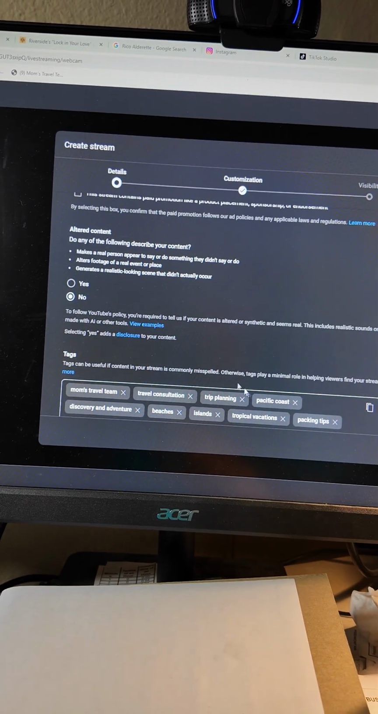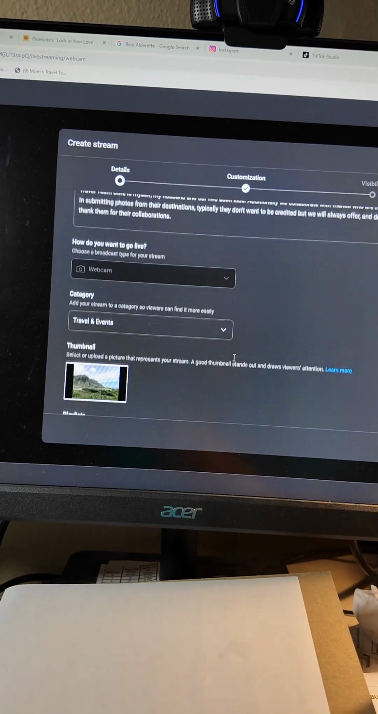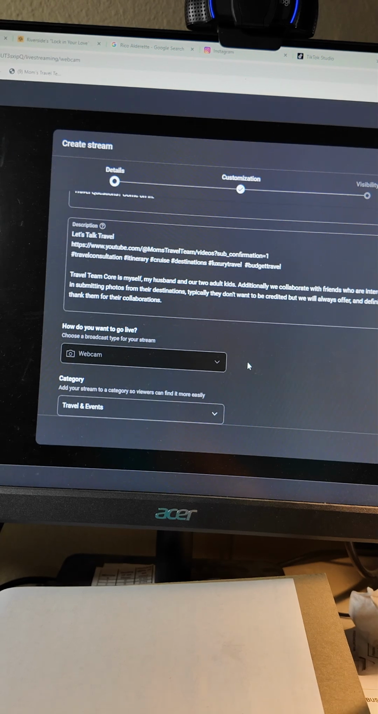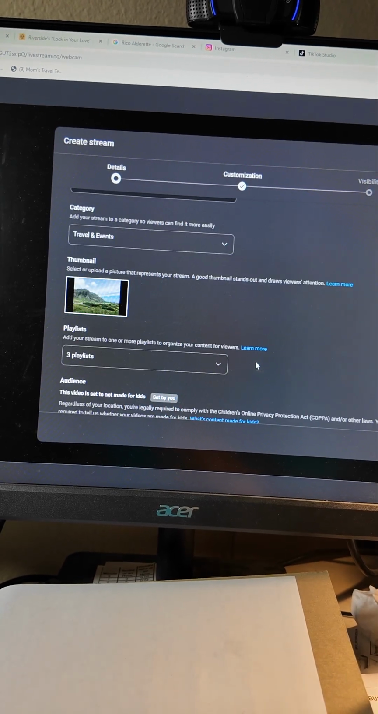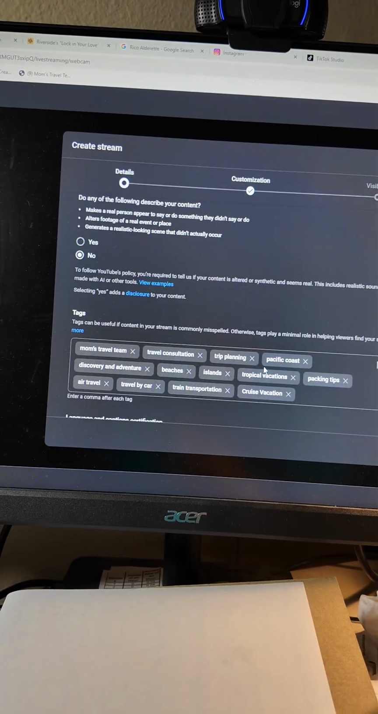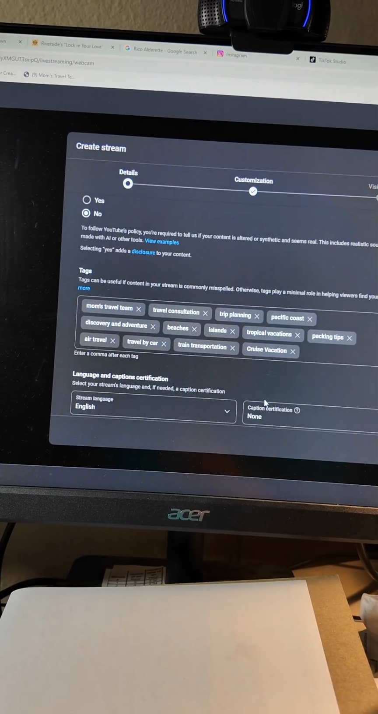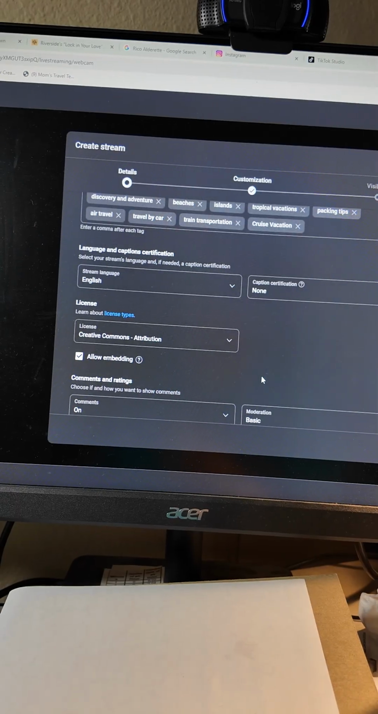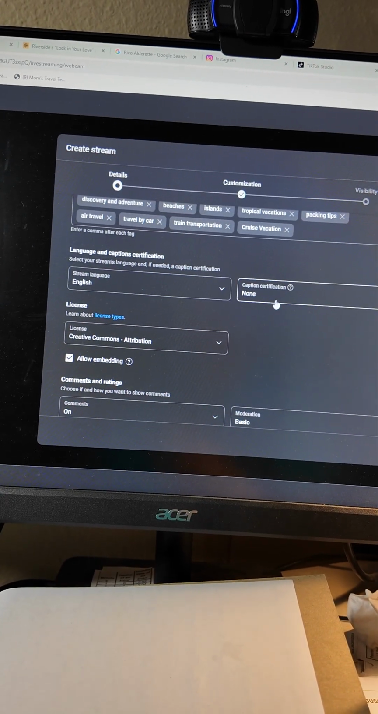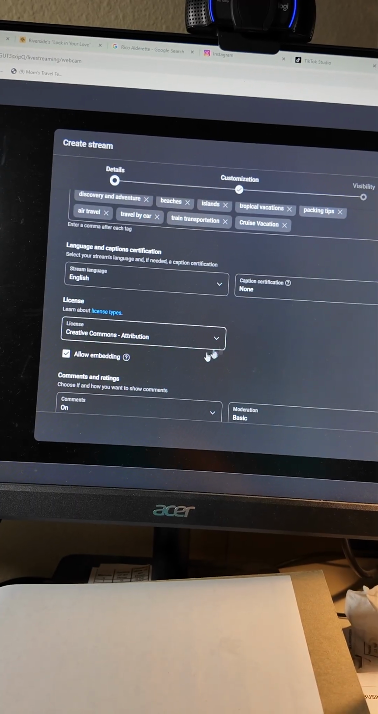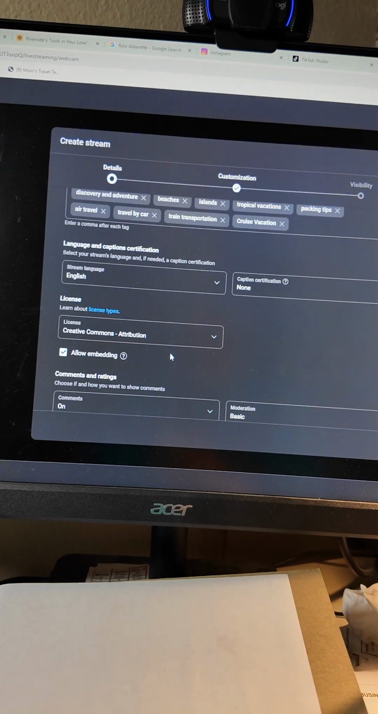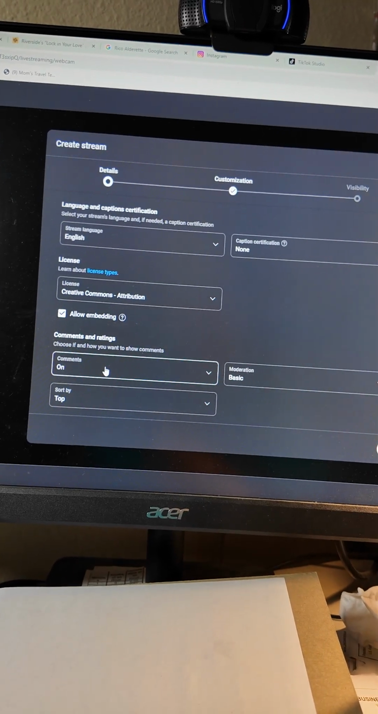Tags, add your tags. You can also put hashtags up here in your description. I've recently learned to kind of minimize that. You know, there's always some sort of tip or trick on how to make the algorithm work in your favor. You select your language stream, your caption certification if you have one, Creative Commons attribution,